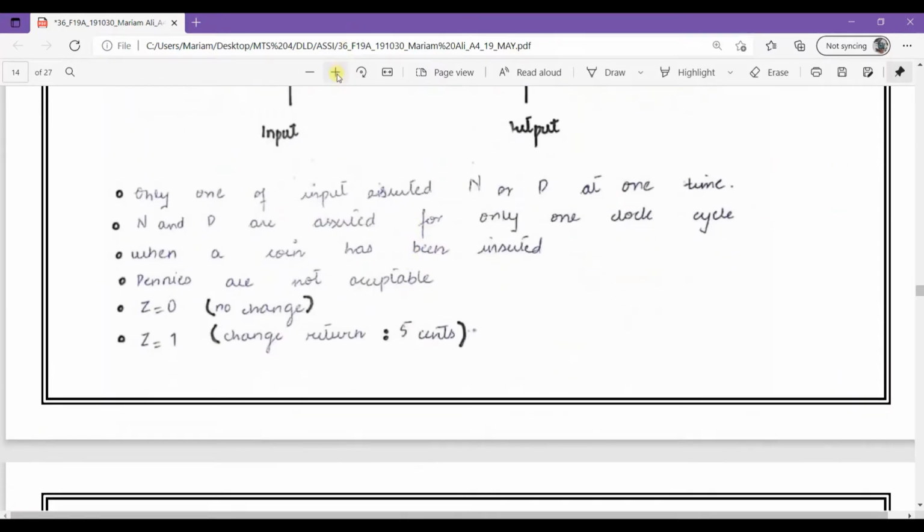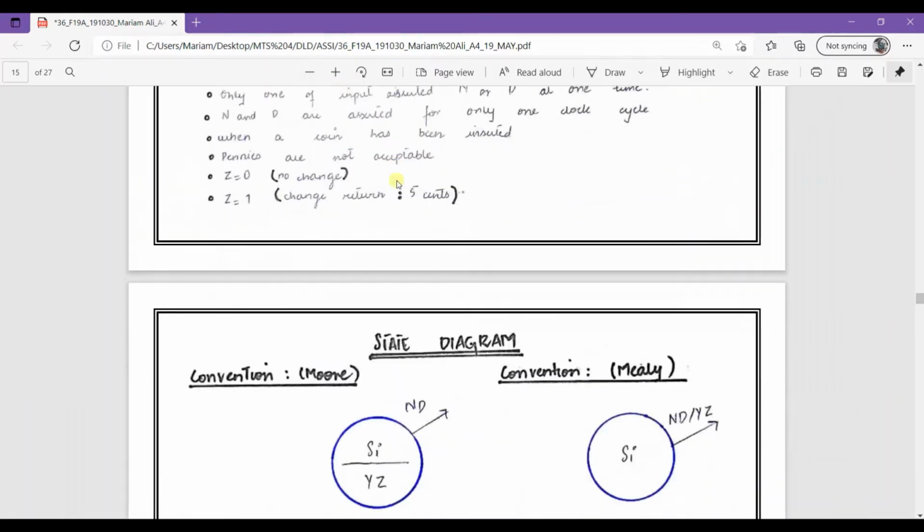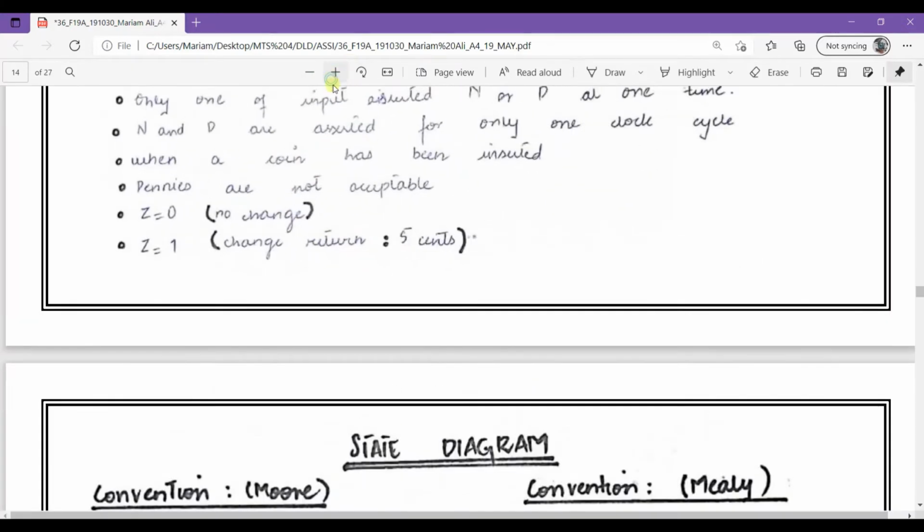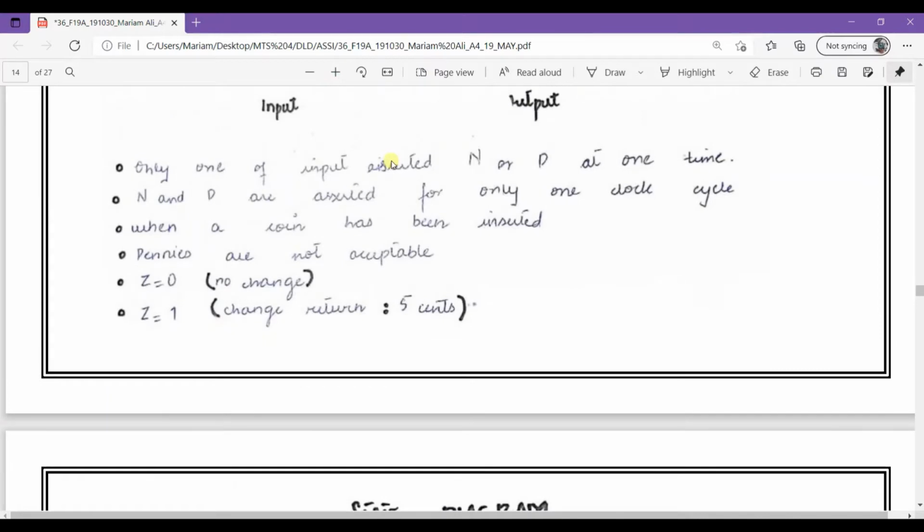I can also set my condition that only one of N or D is inserted at a time, for only one clock cycle, when a coin has been inserted.